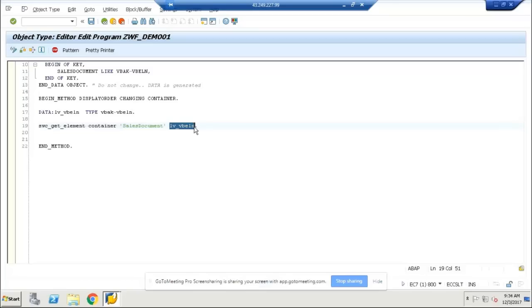Okay, workflow template. But as of now, it's a simple variable. I am taking this as an import parameter from the external world. From the external case, I am getting the sales document. After getting the sales document, it's our logic what we want to write inside the method. It's normal ABAP statements you can write here. So what I will write,